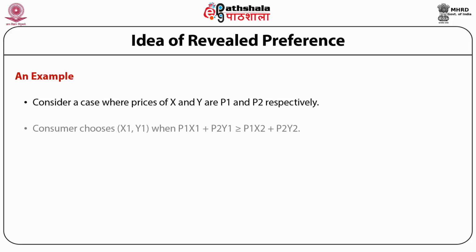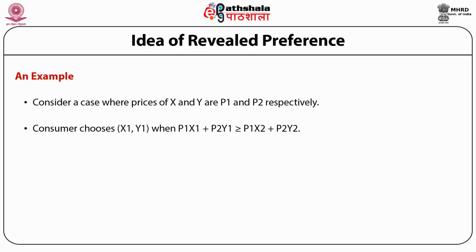In other words, he chooses X1 Y1 when P1 X1 plus P2 Y1 is greater than or equal to P1 X2 plus P2 Y2. That means the expenditure on the bundle X1 Y1 is greater than the expenditure on the bundle